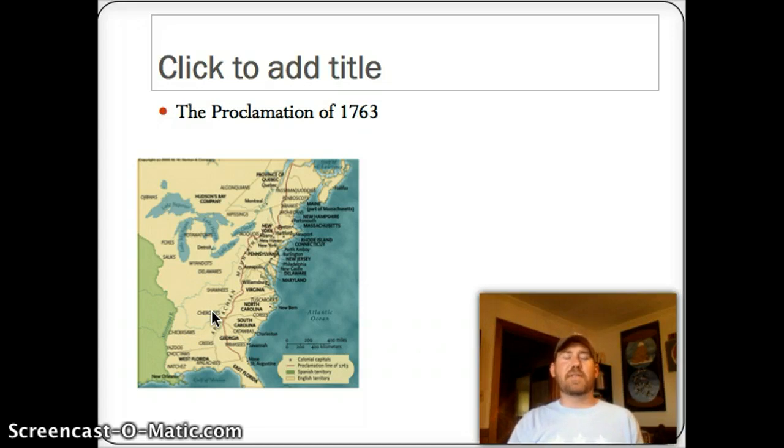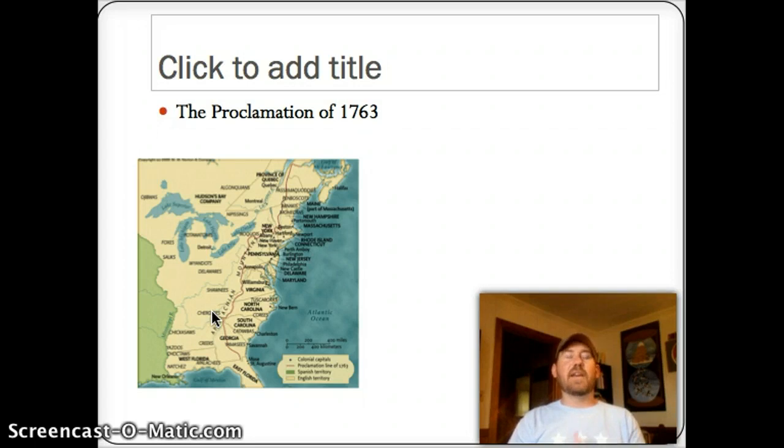Now, the reason the British passed this was because, due to colonists trying to go west and pick up inexpensive land, and population pressures that were coming from migration, there were a lot of people streaming across the Appalachians trying to pick up land and coming into conflict with natives. And the British Crown felt like that was a problem that didn't necessarily have to happen. So what they're basically trying to do with this is force colonists to stay east of